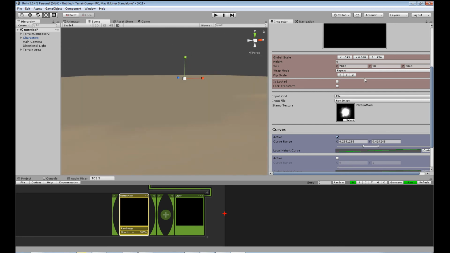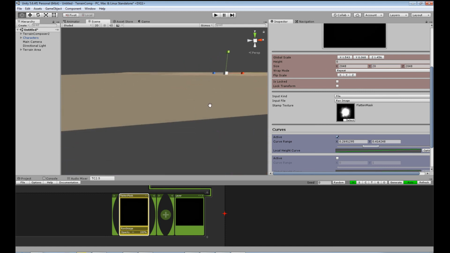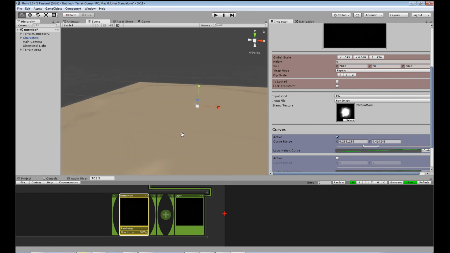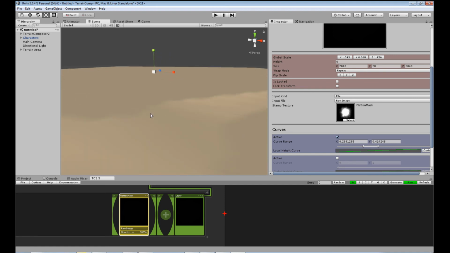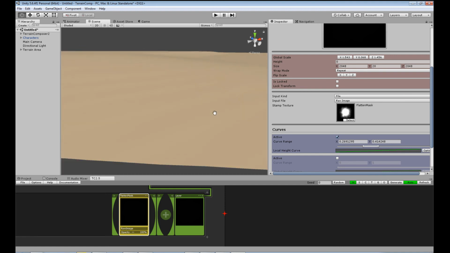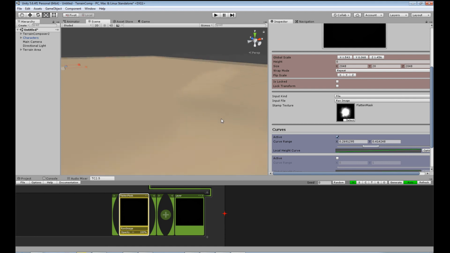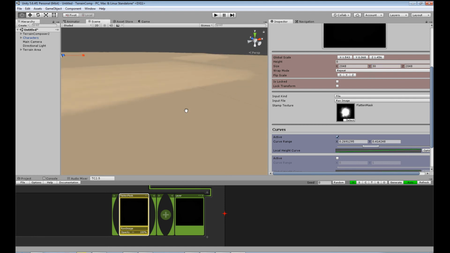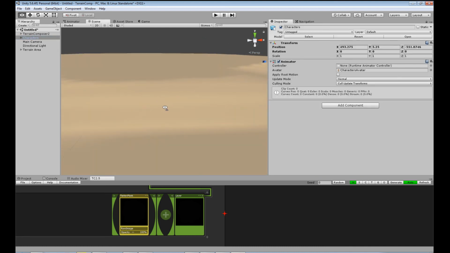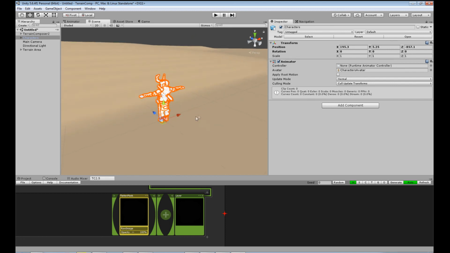So we might set that to, say, 20, raises it up a little bit more, and now our edges are sort of, yeah, a bit softer, and we can actually lead them down, still lead them into water, but the water level would be pretty low. Maybe set that to 30, and then what we can do, because again it's kind of hard to tell where some of these things are, is bring this guy further to where we're standing,